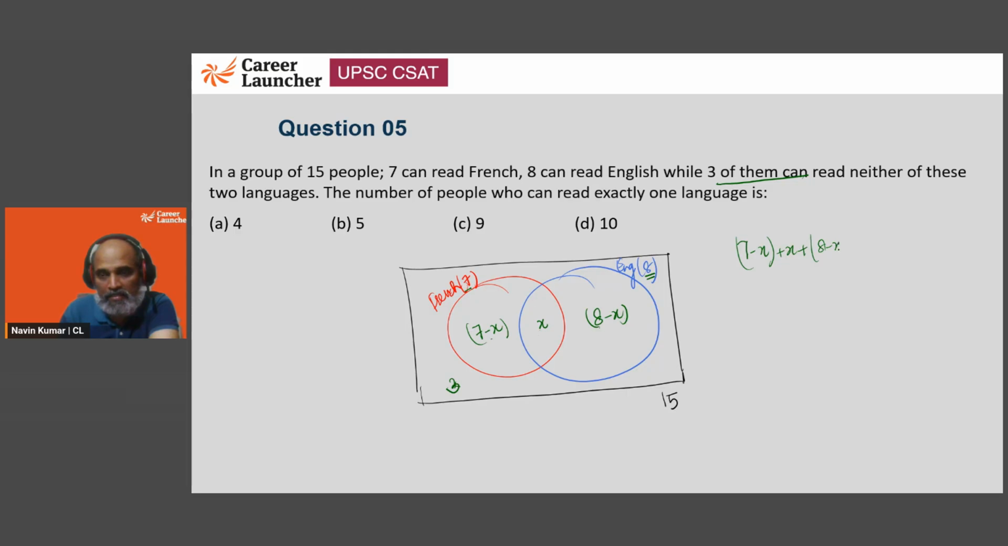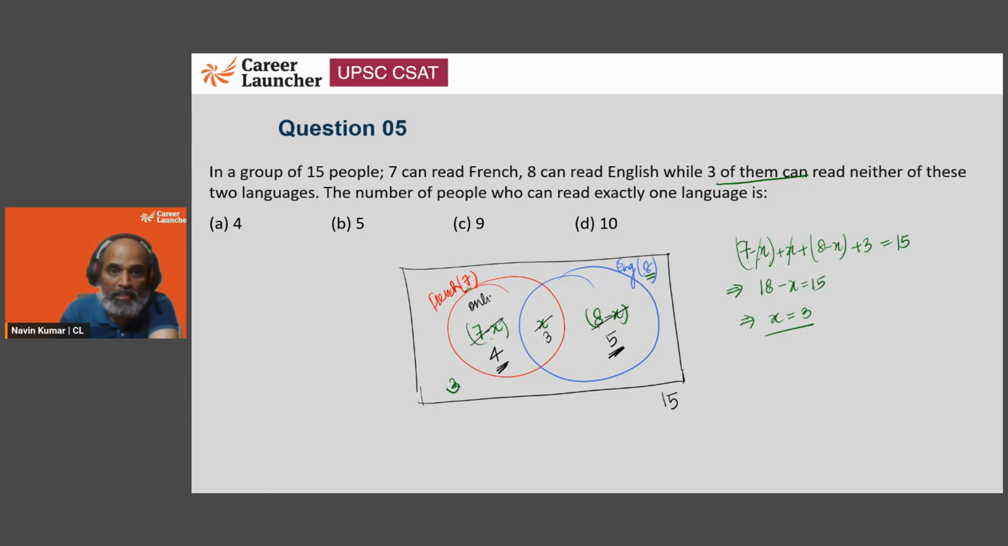plus 8 minus X plus 3 is going to be 15. If you solve this, 7 plus 8, 15 plus 3, 18, minus X plus X minus X is equal to 15. So we will get the value of X is equal to 3, 18 minus 15. If X is going to be equal to 3, that means 7 minus X will be 4 and 8 minus X will be 5. So that means the number of people who can read exactly one language, as in people